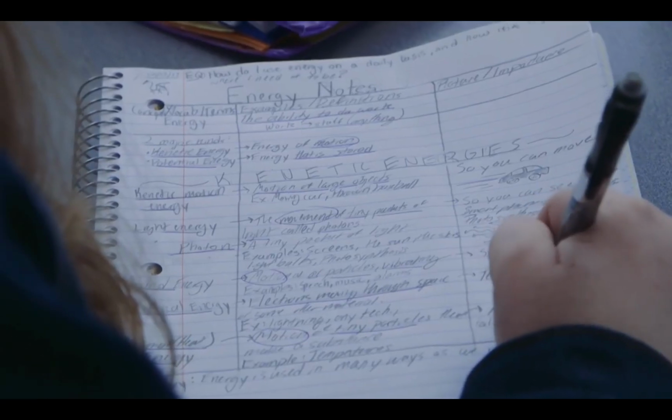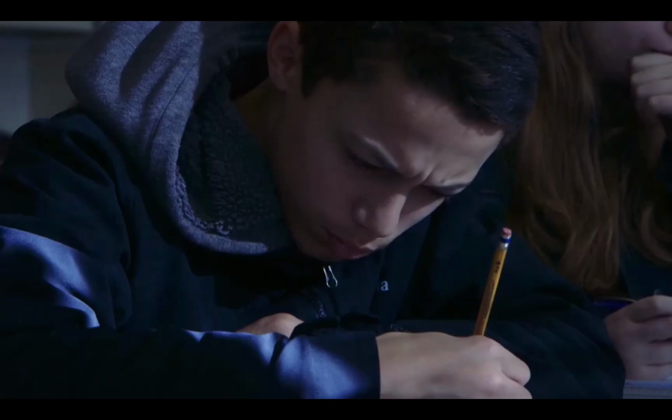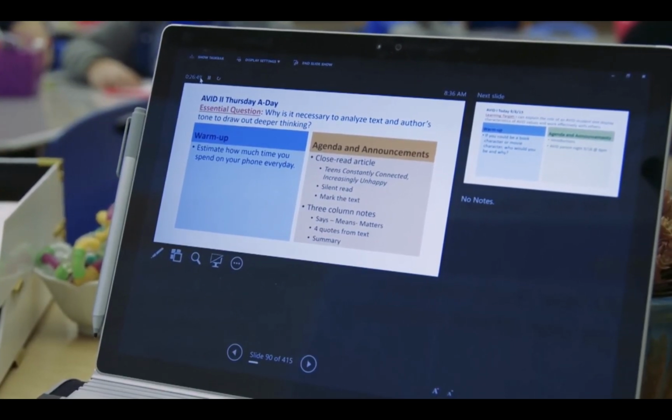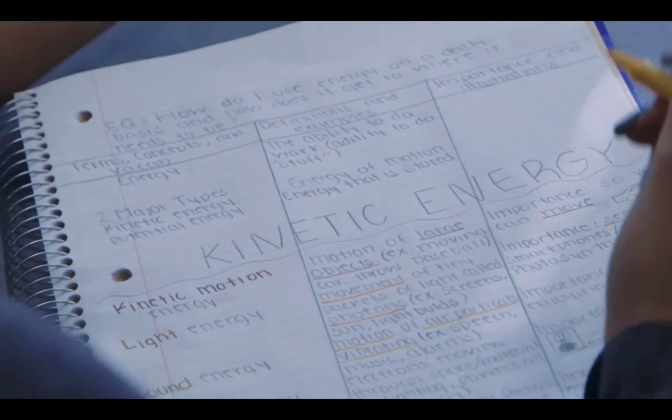It's supposed to be your own personalized way of learning how to take notes, learning how to edit notes, learning how to write your summary. And I think that's the beauty that AVID has done. There are so many ways to take notes. Use them all. What's really important to know about note-taking is to set it up however it makes sense to you. Think about what is important to you